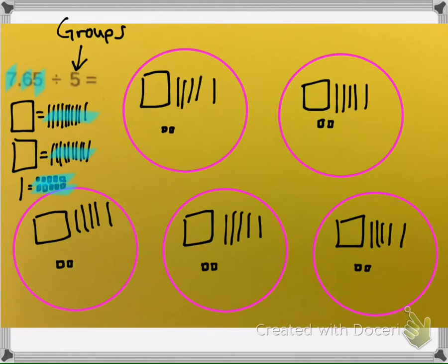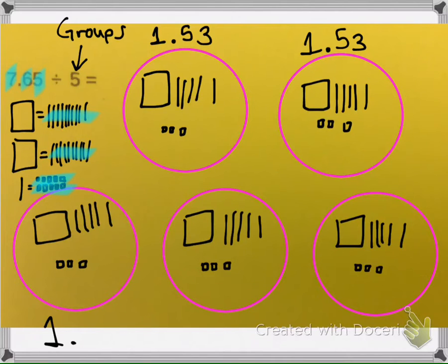But if I look at the hundredths place, I still have a 5 in the hundredths place, which means I need to distribute those 5 hundredths. So that means that I'm just going to give 1 to each group, since I have 5 of those groups. And my final answer is going to be 1 whole and not 6, but 5 hundredths and 3 tenths. So that's going to be my final answer. And each group has the same thing: 1 and 5 hundredths,